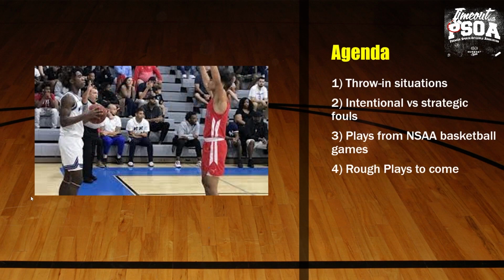The agenda today: we had a couple of questions turned in from last week to review some throw-in situations, and then to discuss intentional versus strategic fouls, especially at the end of the game and/or the end of the first quarter and third quarter, which we see popping up now with the rule change with bonus free